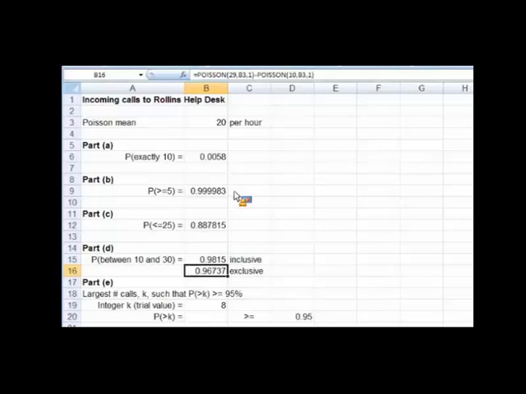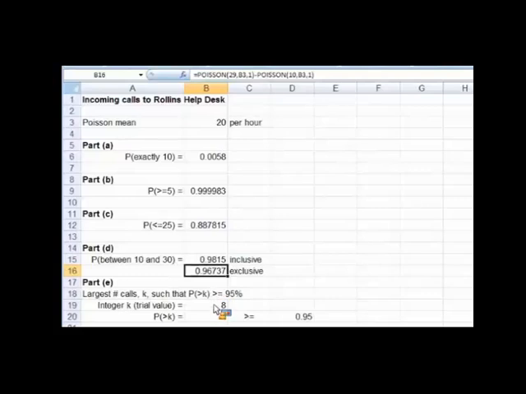So we see the trend here. As k increases, the probability of having a number greater than k decreases. We want to know the largest value of k for which the probability of being greater than k is still above 95%, right? So one way to do this is just trial and error. In fact, the only approach we'll cover here is to do trial and error.